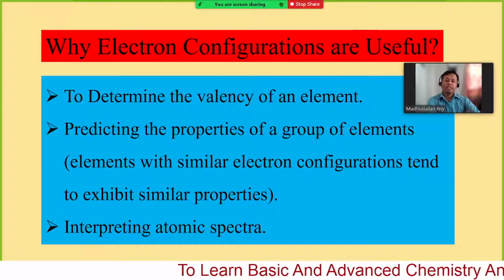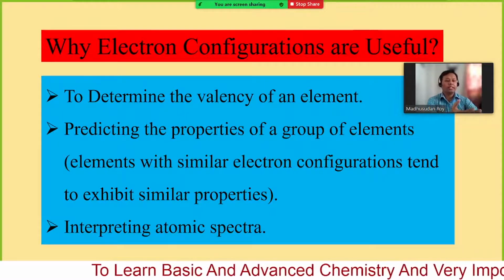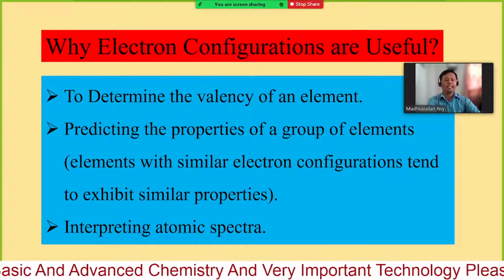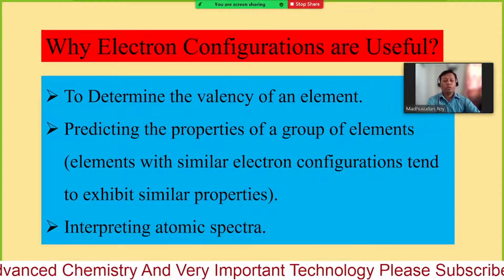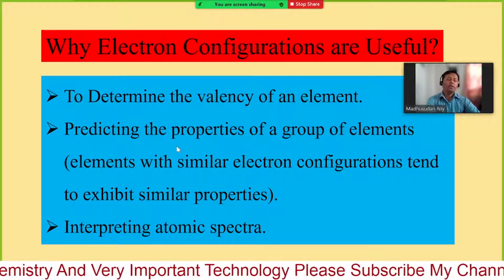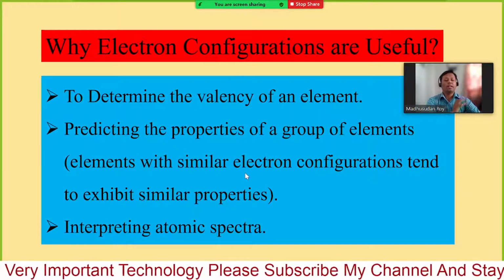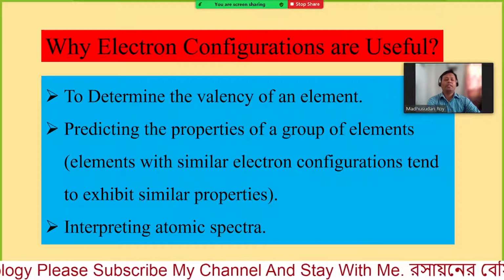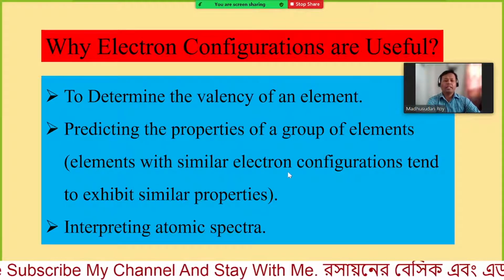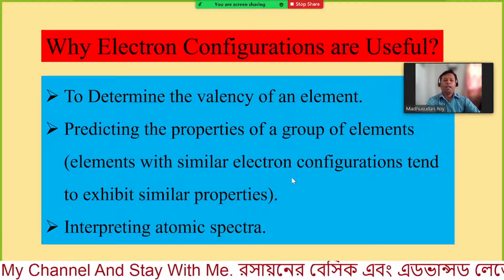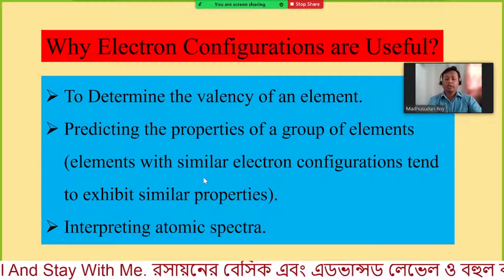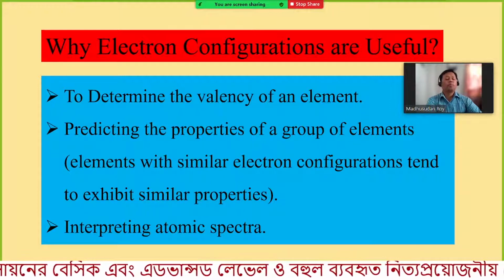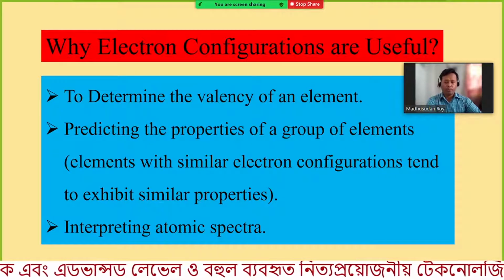So this is very easy. It can donate electrons, that means it can generate a cation. So that will be metallic. Similarly, we can consider any group of elements: if we know the atomic number and the electronic configuration, then you can understand the chemical or physical properties of that group.